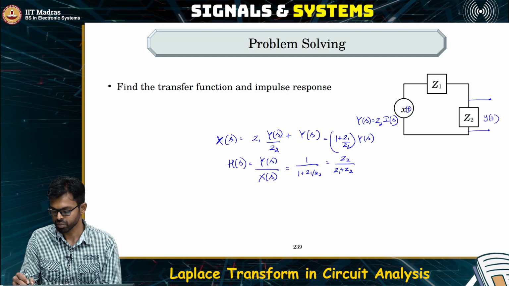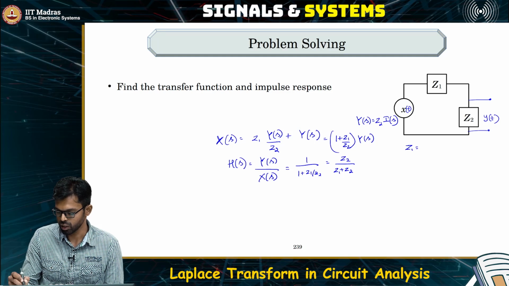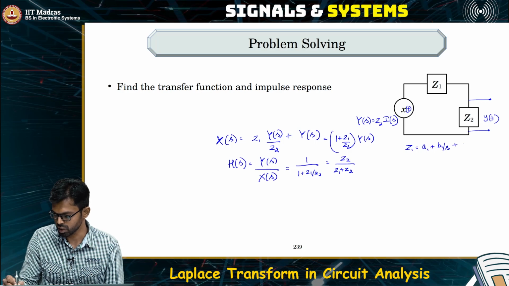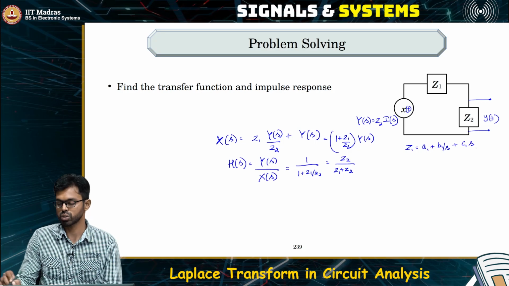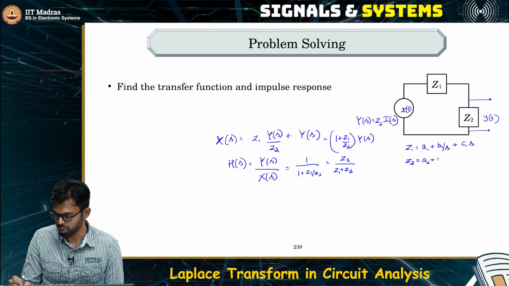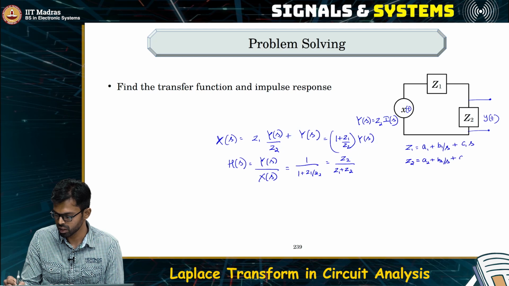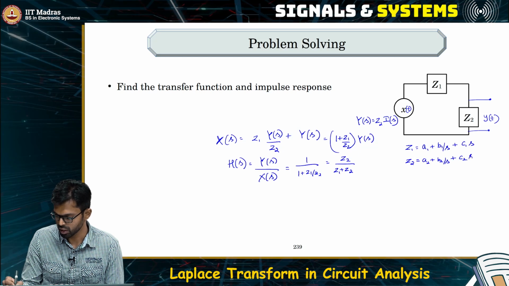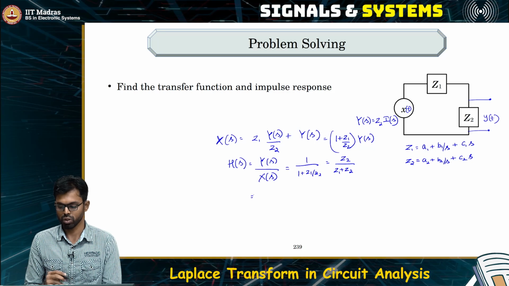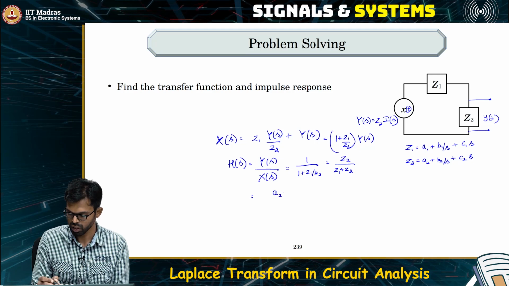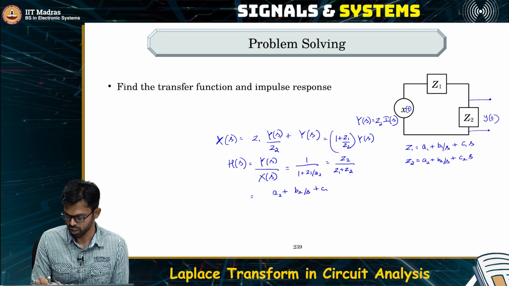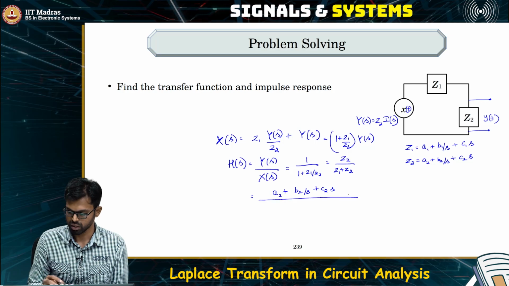So, now let us say this Z1 is equal to A1 plus B1 divided by S plus C1S. This is the most generic form of the impedance that we can have, and this Z2 is A2 plus B2 by S plus C2 times S. So, substituting that here, what do we have? We have here A2 plus B2 divided by S plus C2S times